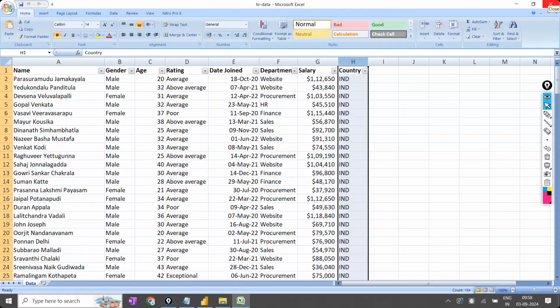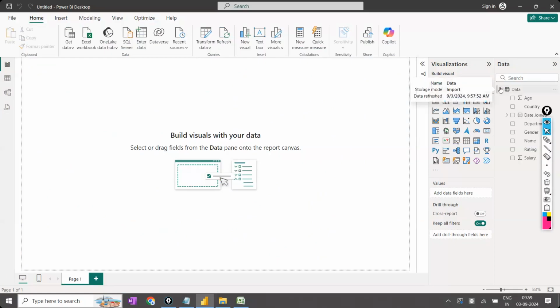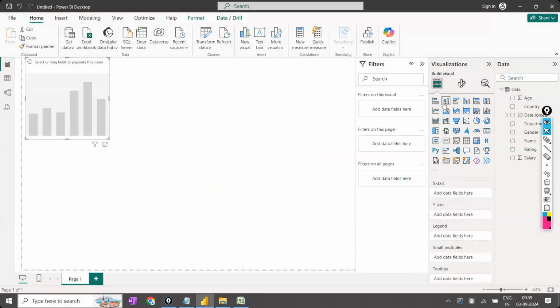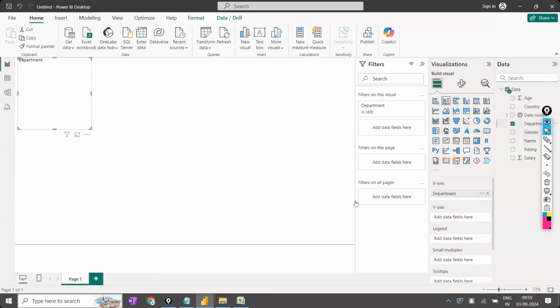This is the data. Now, what is the business problem requirement? This company's people want a report, one analytical report. Report means in that, everything, all the observations you have made in this entire data, they want. Simply, they concluded like this: they want the analytical report, observations. Now, my first observation is: how many people are working in each department? That is my question. For that, what I'm going to do here is select a plot called a bar plot, and I'm going to select department, and I'm going to see like this.